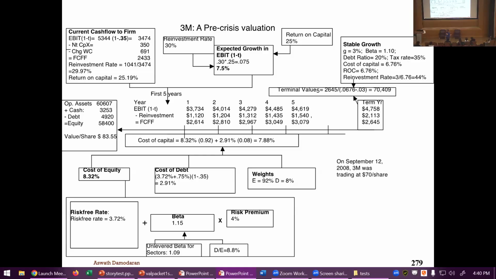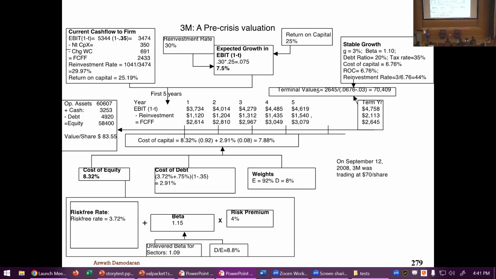9:30 in the morning. So ask me the question. Every one of my valuations, I'm going to force you to ask me the question. If I truly believe my valuation, what should I have been doing at 9:30 in the morning right after this valuation? I should be buying the stock, right? It's significantly undervalued. I wanted to, but I said I'll do it on Monday. Best decision I ever made.